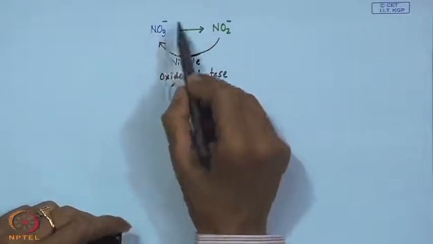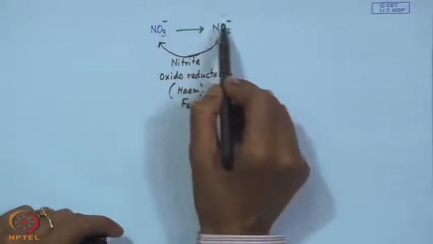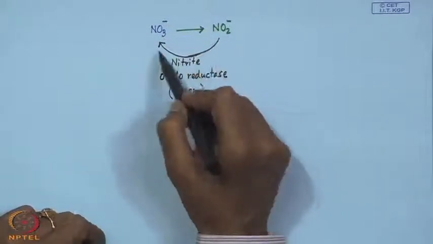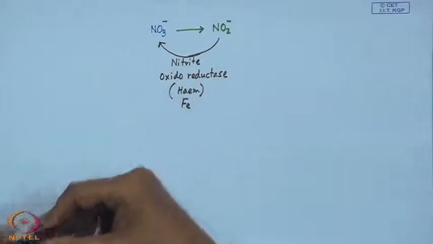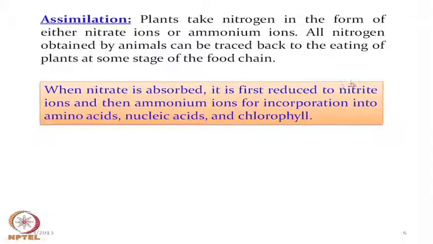So, both of these, the reduction of nitrate to nitrite and its corresponding oxidation to nitrate, can control the amount of these particular anions in the medium. And then we have the ammonium ions, and all of these, the nitrite, the nitrate and the ammonium ions, are responsible for their typical incorporation into all important nitrogen bearing molecules.